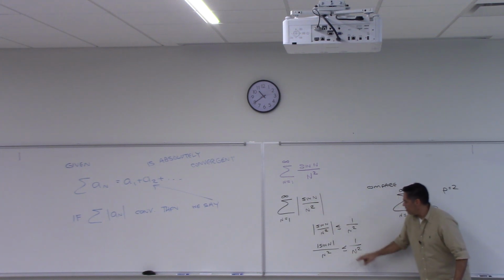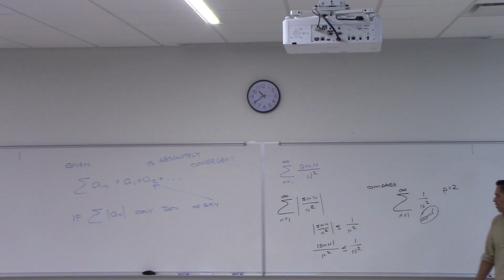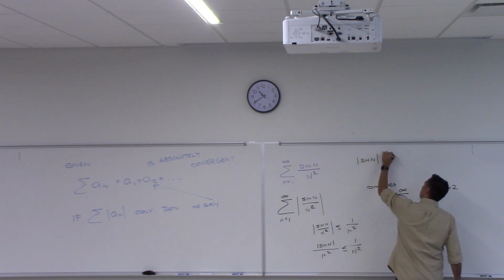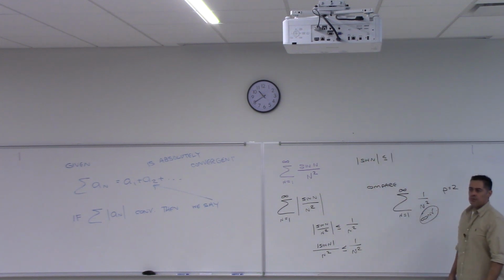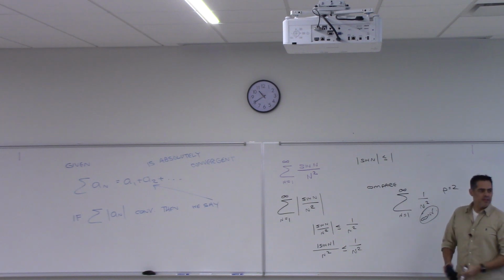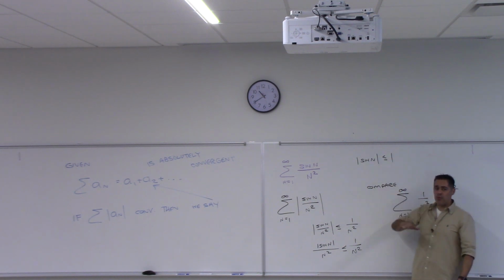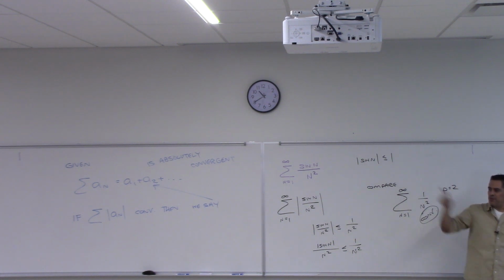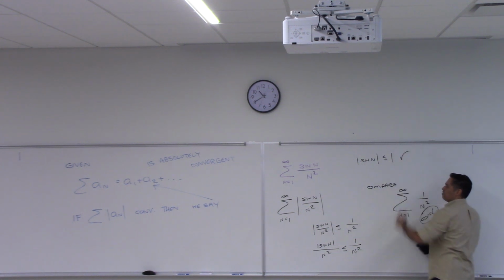Multiply both sides by n squared, and what do you get? The absolute value of sine n is less than or equal to 1. Is that true? Yes. The sine function is bounded between -1 and 1, isn't it? So is that true? Yes. Which means this